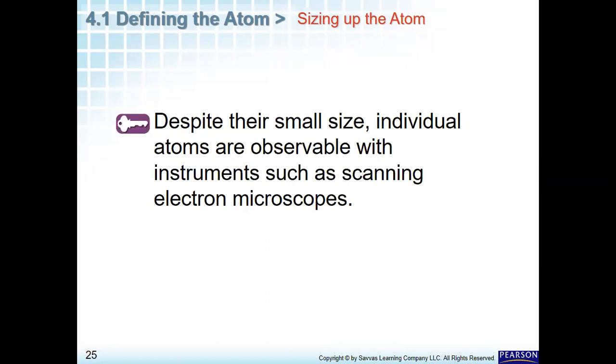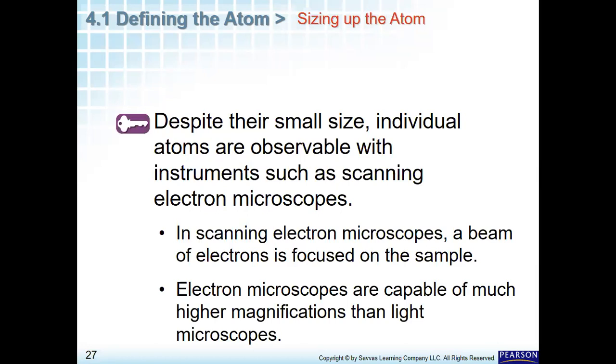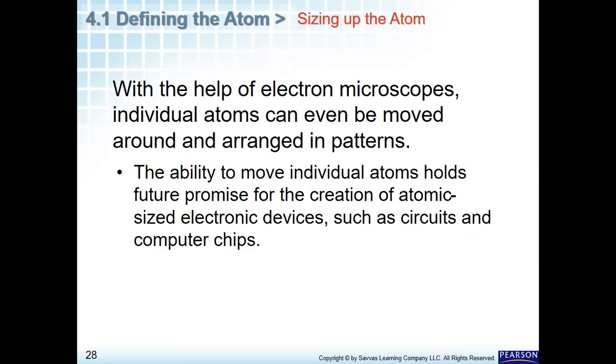So scanning, because you can scan small particles; electron, because it can do that by an electron beam; and microscope, because it can see the things that you cannot see with your naked eye. So in a scanning electron microscope, a beam of electrons is focused on the sample. And electron microscopes are capable of much higher magnifications than the light microscope, which we use for